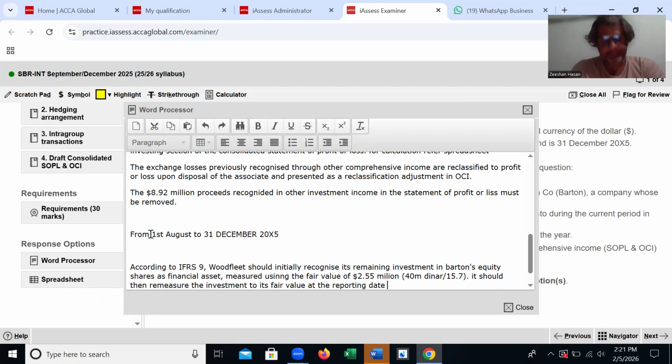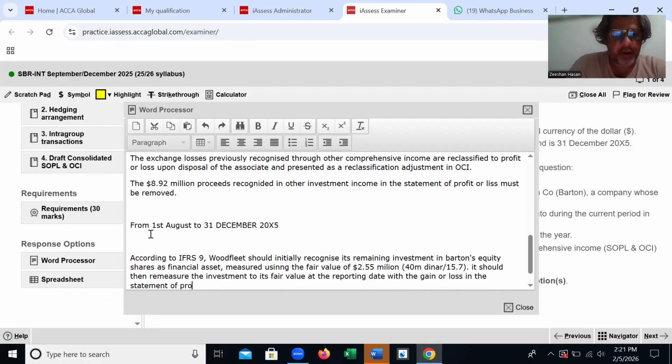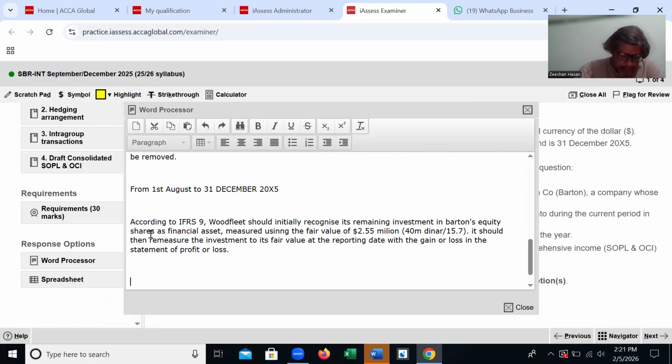It should then remeasure the investment at the reporting date, with the loss in the equity shares. Yeah, the investment and the shares